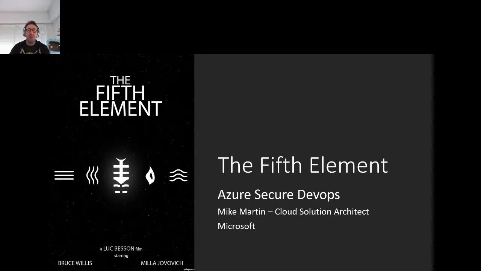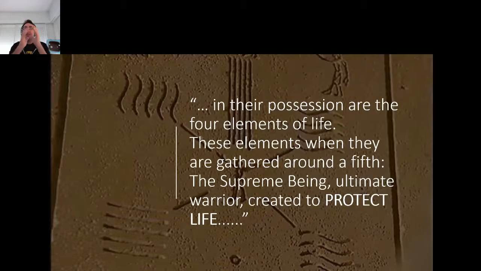Well, if you have ever seen the Luc Besson movie called The Fifth Element, you know that there's a scene in the movie where the archaeologist is cleaning up the hieroglyphics, and he's reading a little text, and he translates it. In there are the four elements of life: water, earth, fire, wind, and air. And these elements, when they are gathered around the fifth, the supreme being, the ultimate warrior created to protect life, will then appear. And this is a little bit what you should take a look at from a DevOps stance,